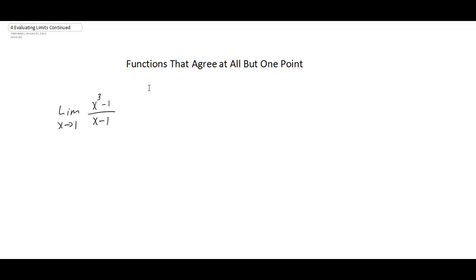Okay, we want to look at evaluating more limits. And for this section, we're looking at functions that agree at all but one point. The example we have here is the limit of x cubed minus 1 divided by x minus 1. We looked at one similar to this before, but notice now we're looking at the limit as x approaches 1. And if we try to use direct substitution,